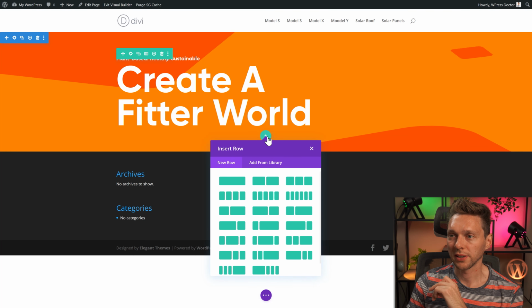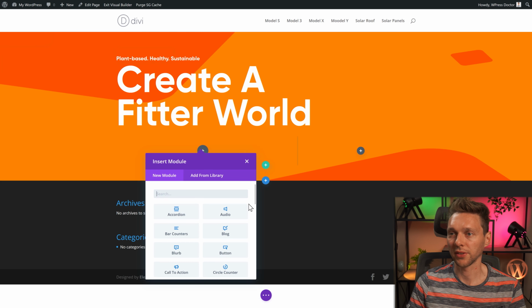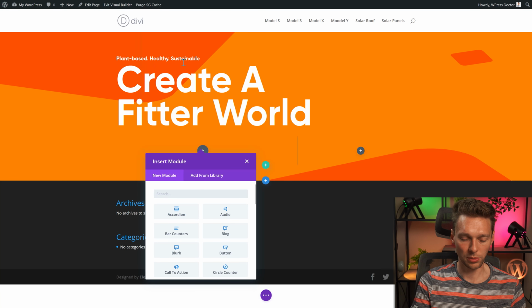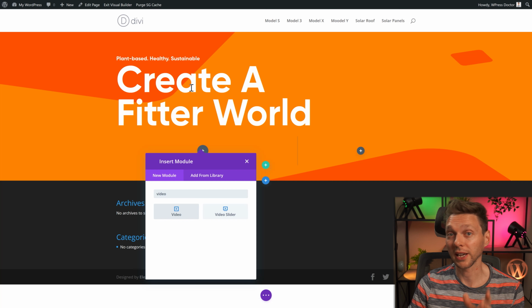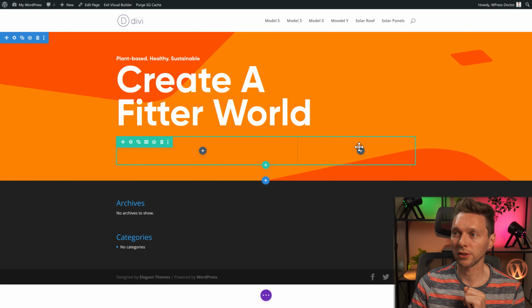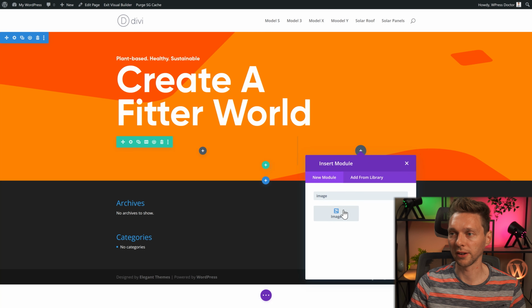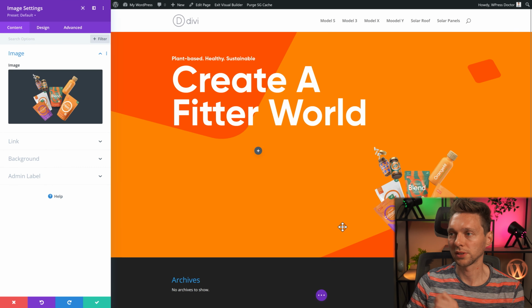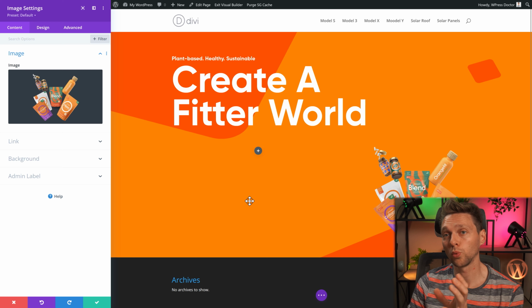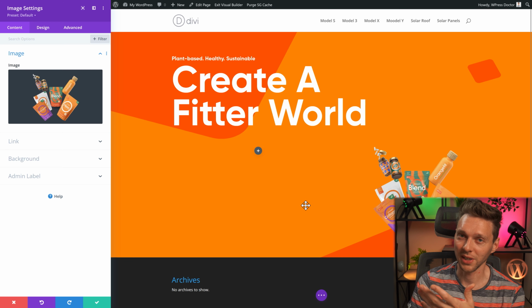Then we go to create a new section over here with a 2-column layout. This layout, I think this is good. You might say, well, we're gonna add a video, but it won't play automatically if you do so. So we're not gonna add anything over here, but we are going to add an image over there. The image, now we can use this product image. If you're creating your own web shop, use your own images, of course.